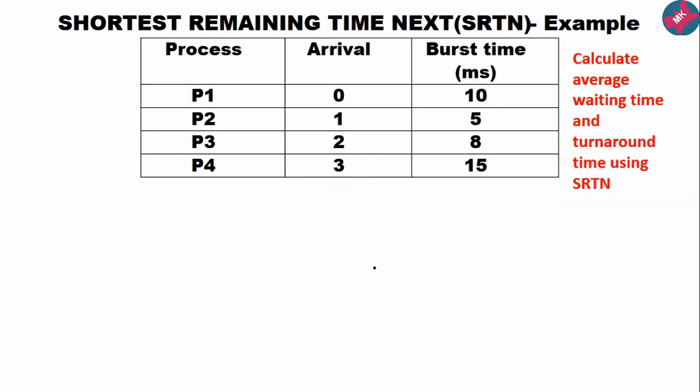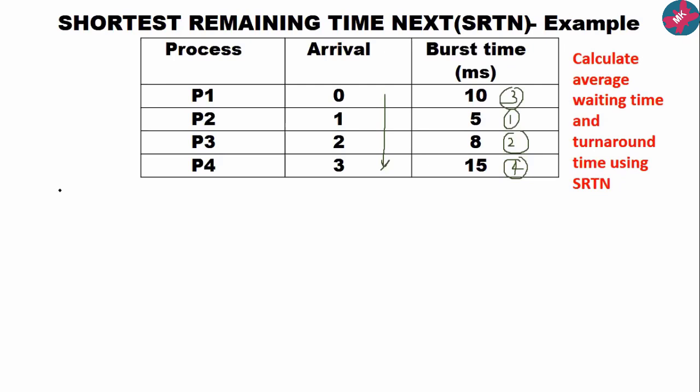So we will solve this. So here what is there? Arrival time is there, 4 processes are there, and this is our burst time. Now if you look at this, the shortest job seems to be the P2. This is the first shortest job. Then, if you observe, second is this P3. Then third shortest job is P1 and the fourth is the P4.